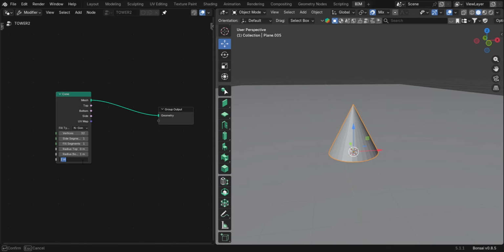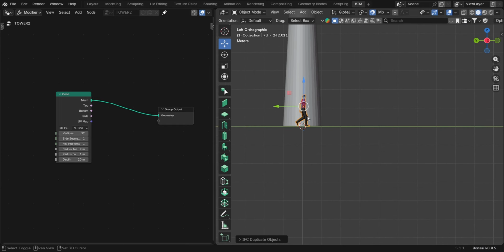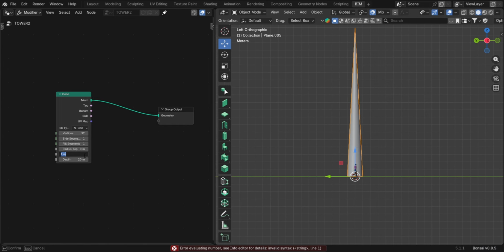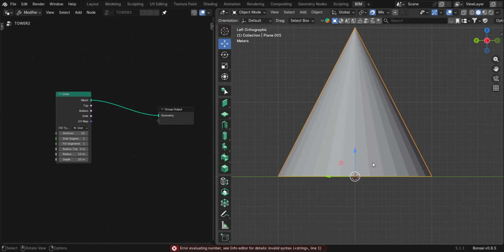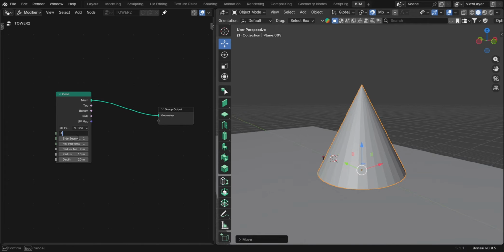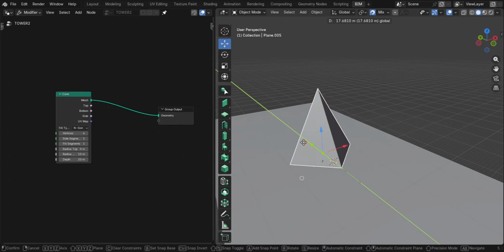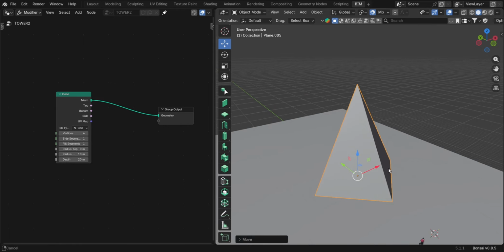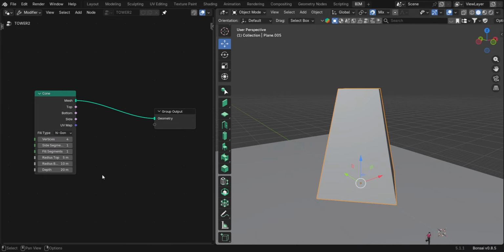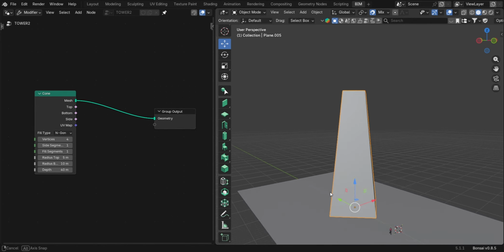Let's adjust a few of these properties. First, increase the depth. This controls the height of the cone for this tower. Next, increase the bottom radius to 10 meters to give the tower a wider base. Now I'll change the vertices from the default value to 4. Since the cone now has only 4 sides, it will become a pyramid instead of a smooth circular cone. Finally, I'll increase the top radius to 5 meters. This truncates the tip, and I'll set the height at 40, and 40 divided by 3 is roughly 13 stories. It will be a better starting shape for our twisting tower.